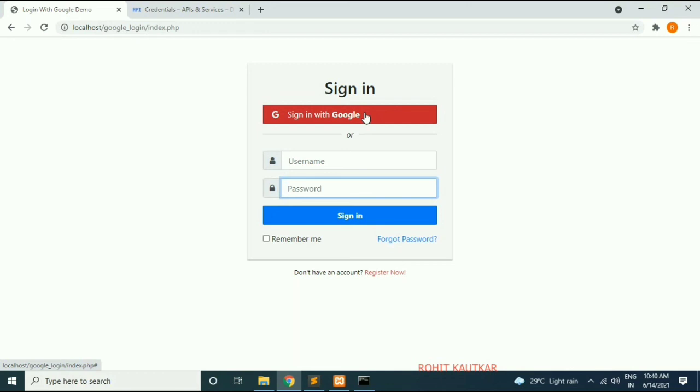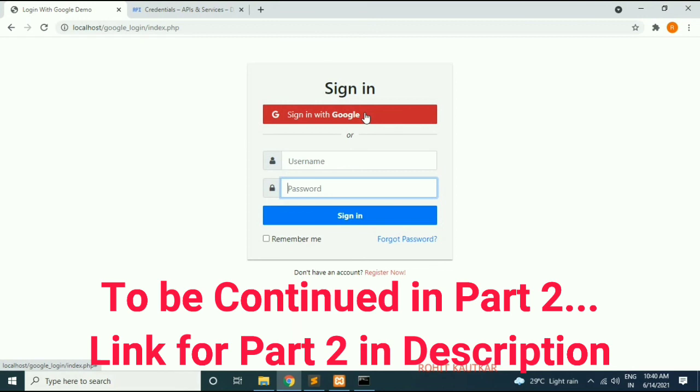After that, the user will be logged in with his Google's account credential, and the third party website will have access to the Google's profile information, which can be used to create an account and perform the user login action. So friends, this is the overall flow for Google's login process.